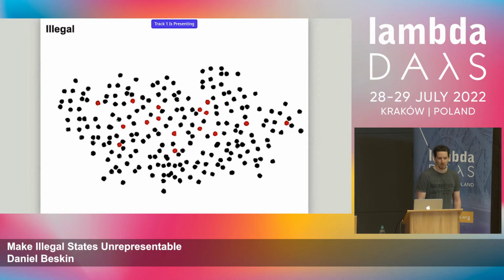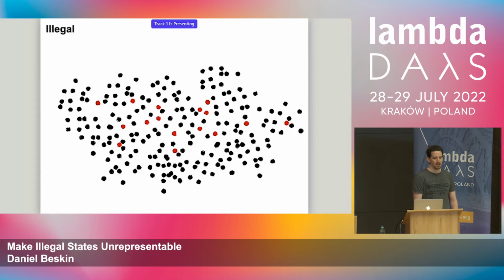But some states are illegal. That means that if you enter that state, something bad will happen. The program will crash, an exception will be thrown, maybe a business rule will be violated. Whatever it is, it's something that's bad for your system and something that you would like to avoid. What's considered illegal is very context dependent, and it depends on what you care about at the moment and the various trade-offs. But let's assume that we can recognize an illegal state once we see it.